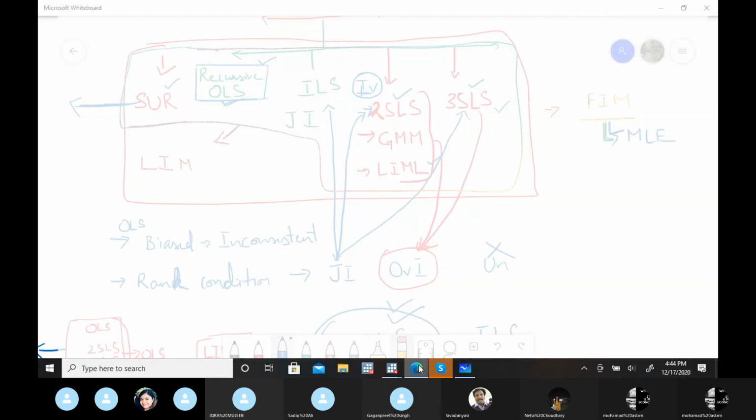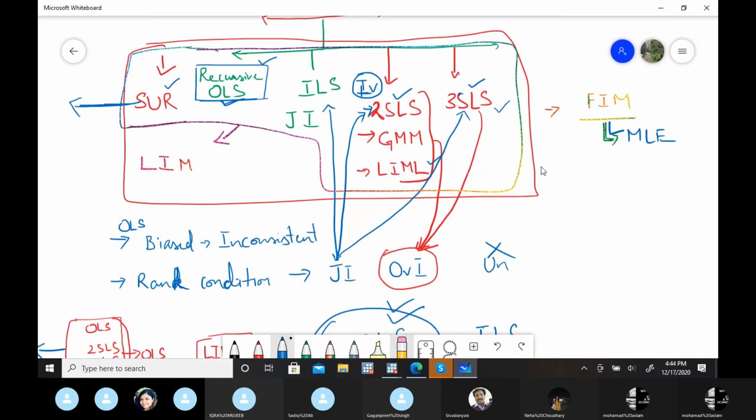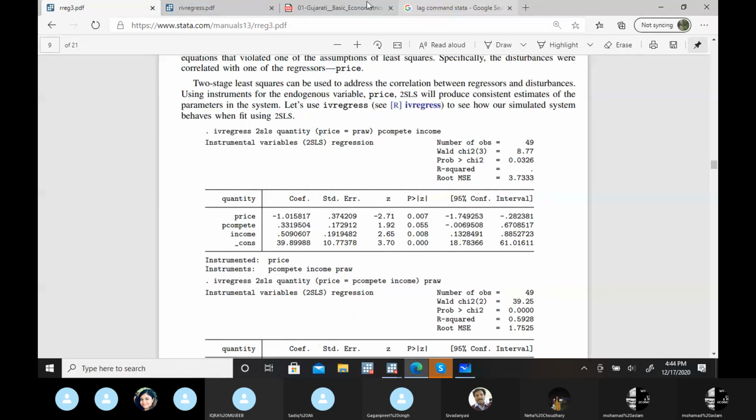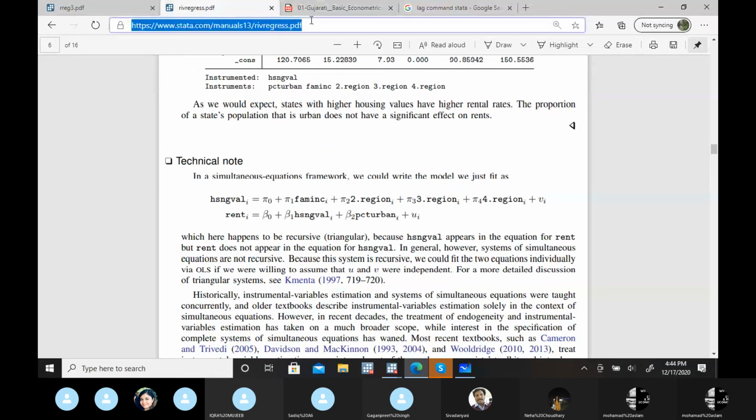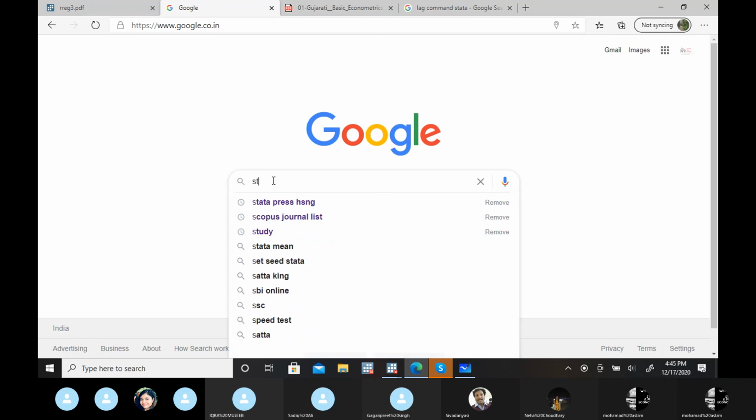And as I am telling you, these are open source now. Stata is sharing all the documentation. That means you have access to all the commands. 90% of Stata commands are now there, like here I am using this manual 13. I'm not sure if manual 16 is shared by Stata, maybe 14 and 15 definitely. And all these data sets, Stata is sharing with this Stata Press website. And most of these data sets are from Wooldridge and Gujarati or Greene textbooks. This is Stata Press.